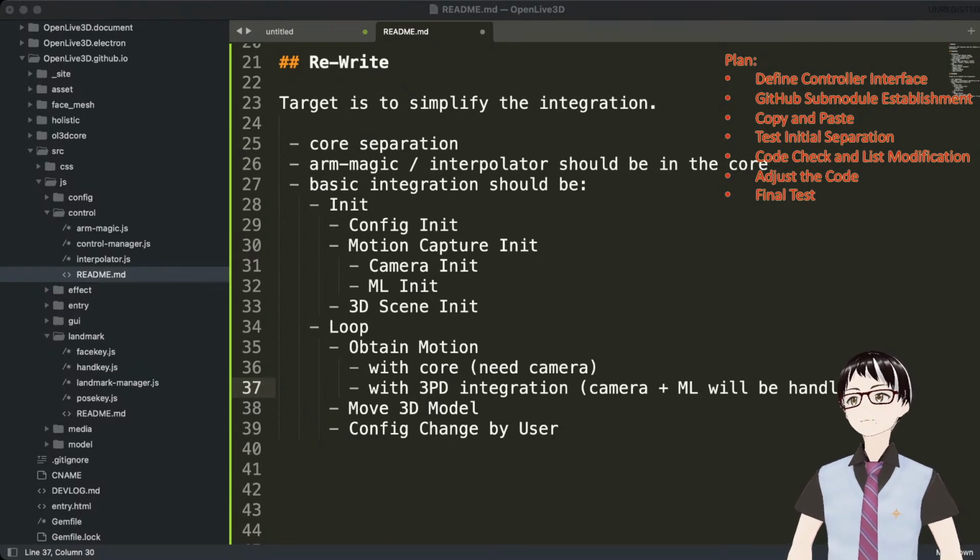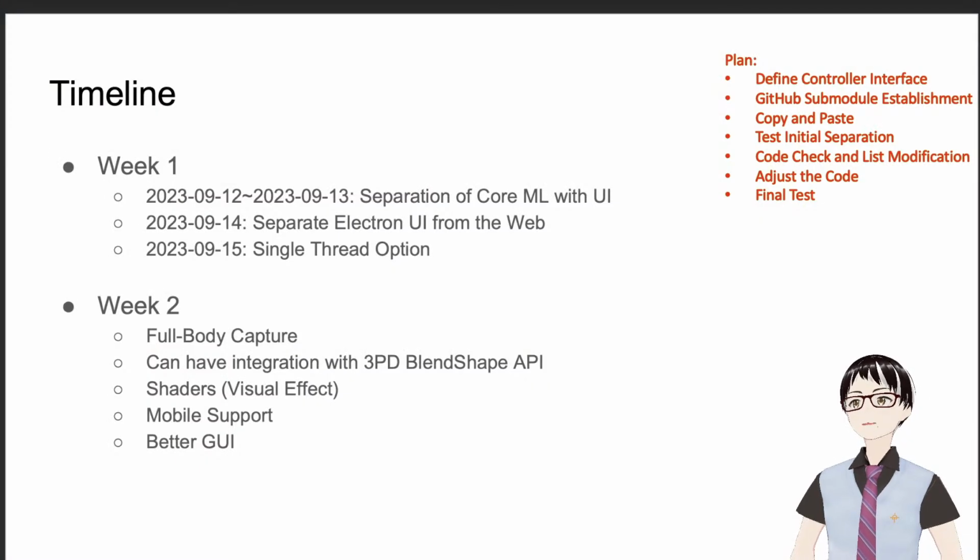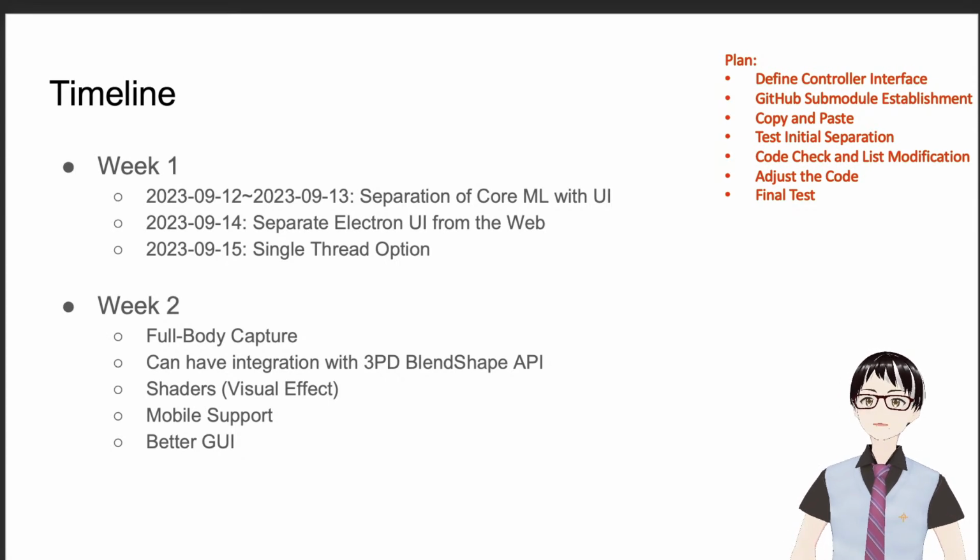Okay, let's check together then. Okay, let's check. In terms of use case, we need to be able to have single thread. Good. We need to be able to support Electron and the web. I think it's good. Full body capture,